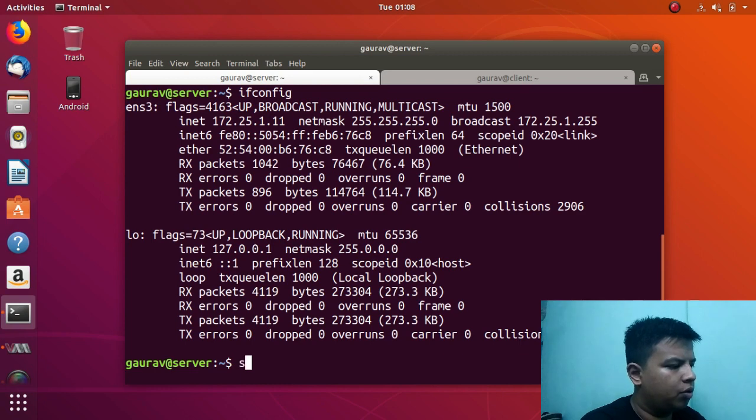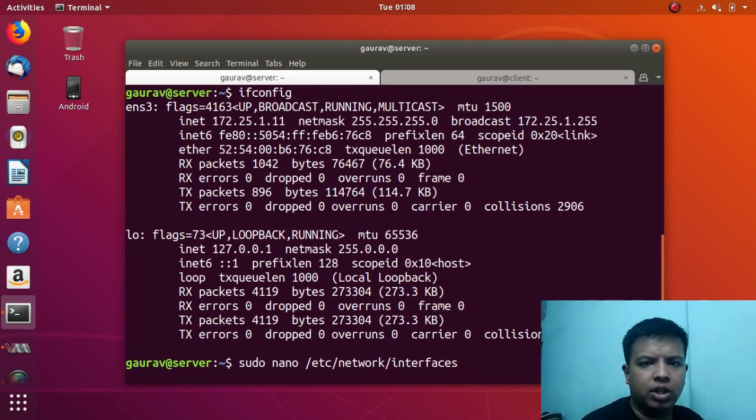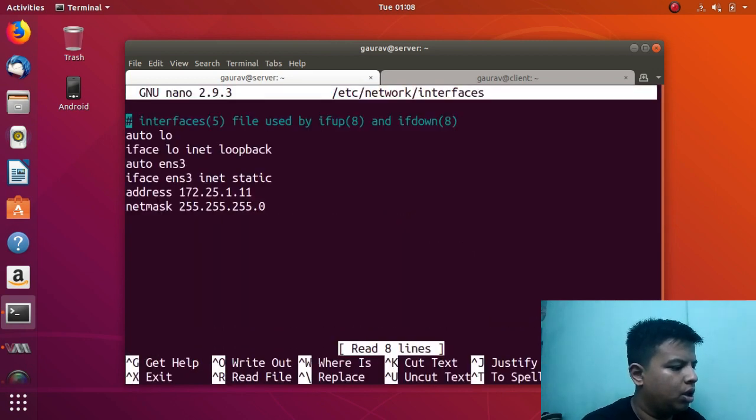You have to go to this file: sudo nano /etc/network/interfaces. Inside this file you have to give these 4 lines. First is auto, then the NIC card name, which is ens3 on my side, so you have to give your NIC name over here. After that, the interface name, which is ens3, and then inet static, because we are configuring a static IP